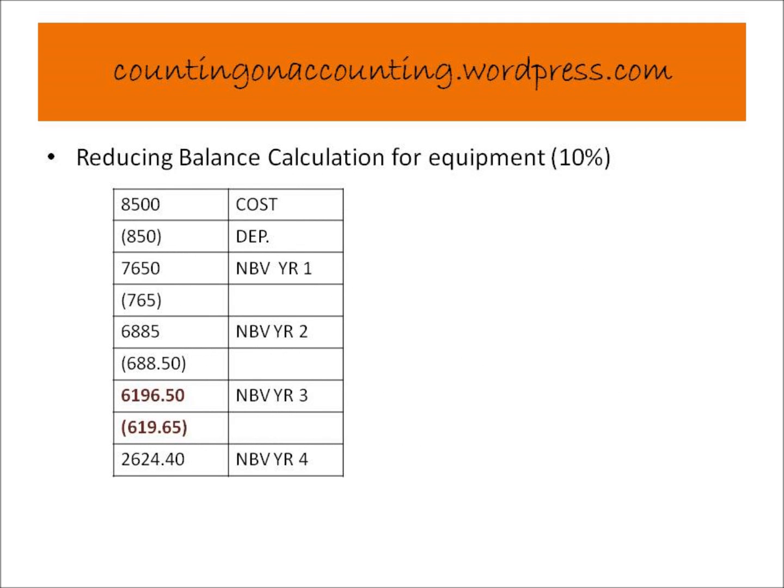The bubble wrap making equipment was purchased 2 years ago, so we can assume that they've already depreciated for the first 2 years of its economic useful life. Therefore, in order to get current year's NBV and depreciation, we need to work out the first 2 previous years. NBV as at year 3, which is the current year, is $6,196.50, and the depreciation is